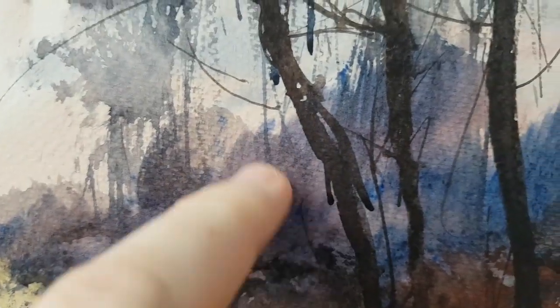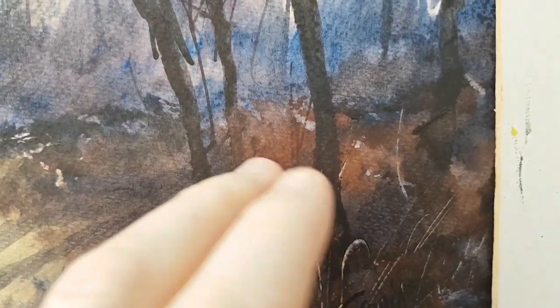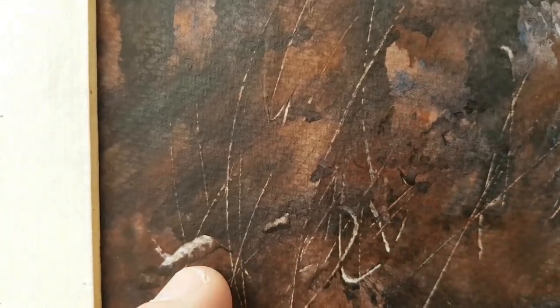Then we've got these bushes and trees right in the distance there, and then lots of predominantly sort of red and burnt umber in these sort of brackety areas. Same on the other side. Scraped a few things out with a fingernail, plus the odd stone here and there where the paint was still. I'd let it dry, so I couldn't really do much scraping. Just a little bit of it here in the foreground,